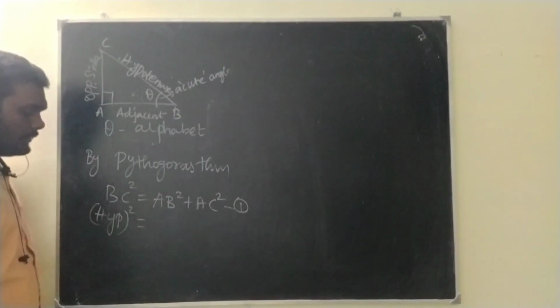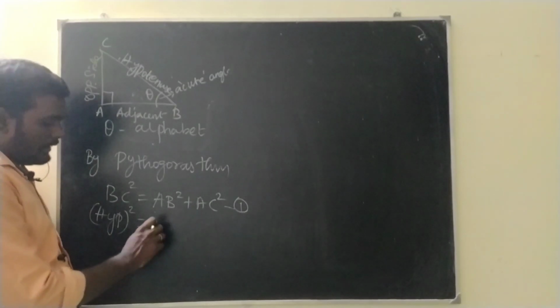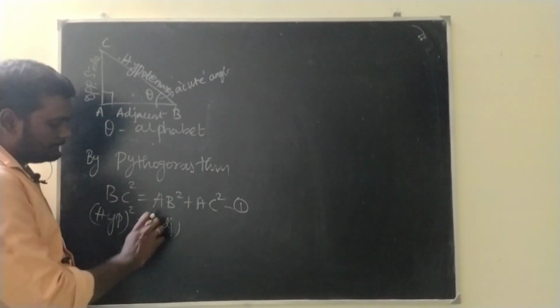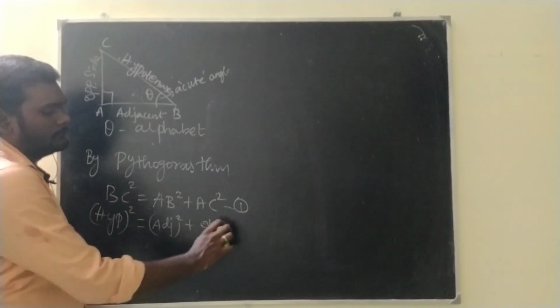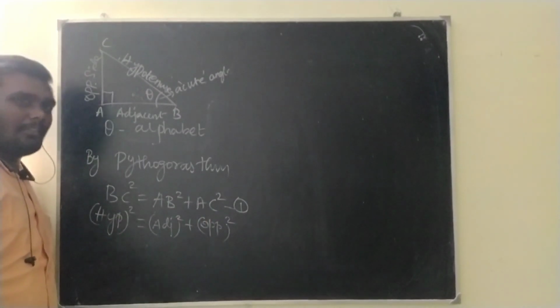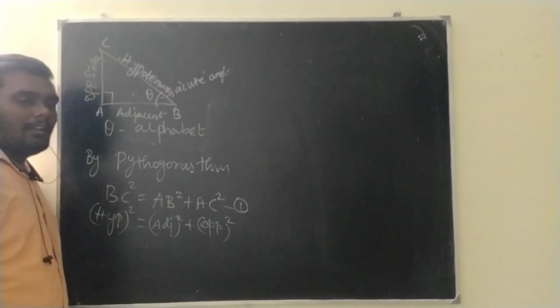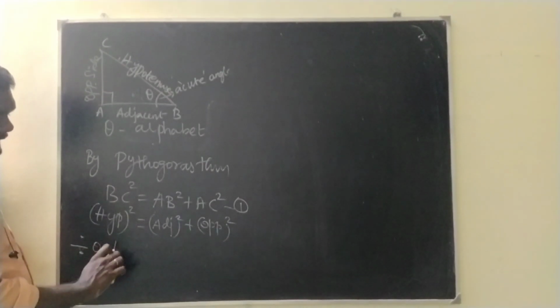Hypotenuse square, that equals, this AB is adjacent side square, this AC is opposite side square. Now I am going to divide the whole equation by hypotenuse first. This BC, AB and all is quite confusing, so let me take hypotenuse and opposite side. So divide on both sides